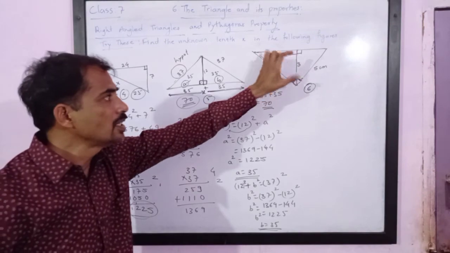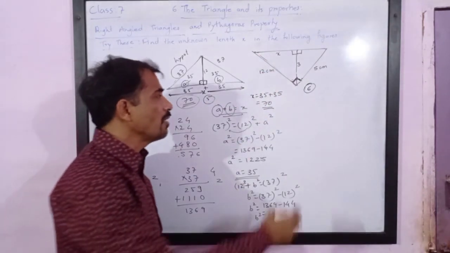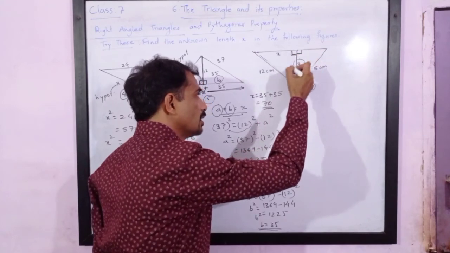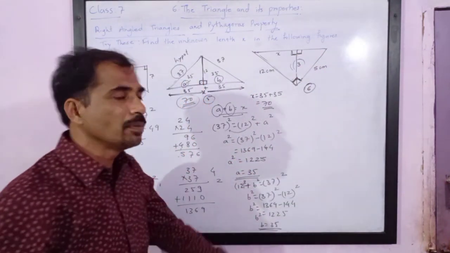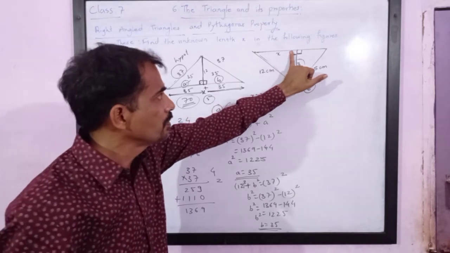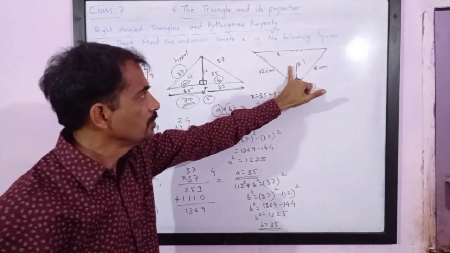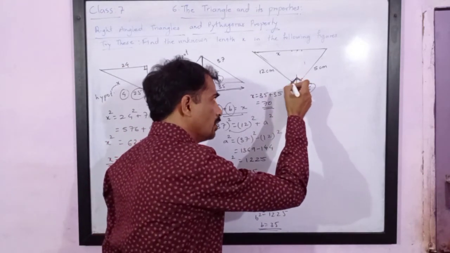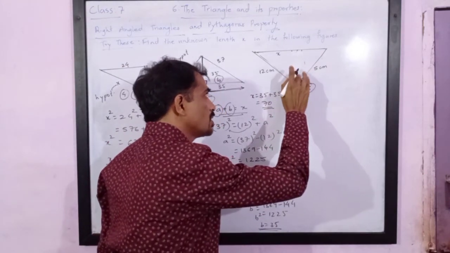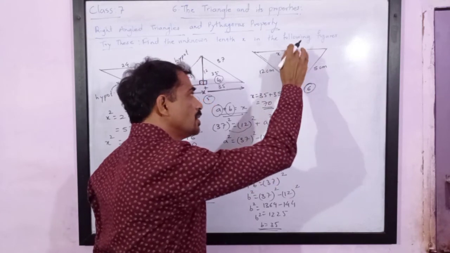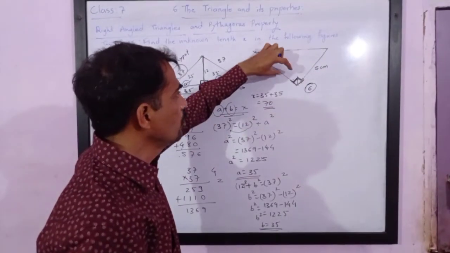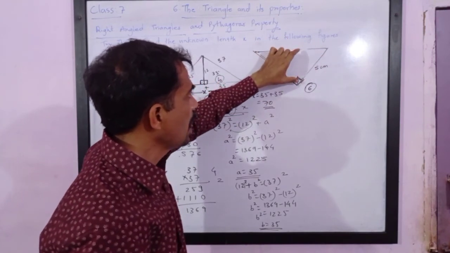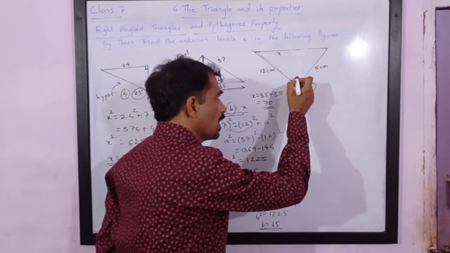Now see the sixth problem. In this they have given this as a right angle triangle, this also as a right angle triangle, and this side as a 3. So it is a little confusing, and I feel there is a mistake. So I am not going to use this right angle triangle. Instead I am going to use this right angle triangle. This is also a right angle. They might have made some mistake while writing the numbers. So we are going to consider this side 12, 5, and the height I am not going to consider. This is the right angle triangle.